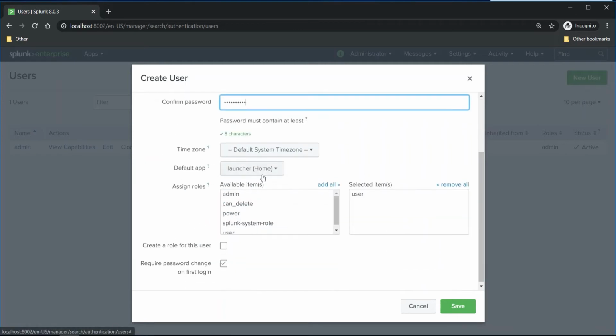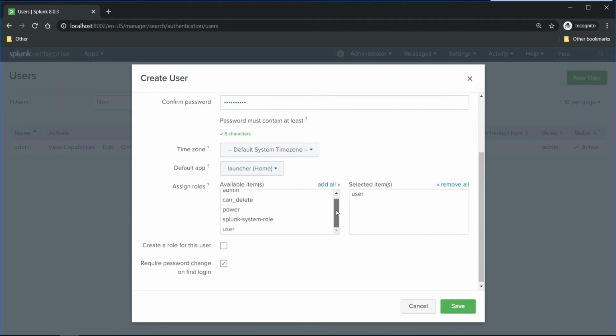and also you can choose the default app which you can assign for this user, which will be opened when this user logs into Splunk. If you see here, there are different default roles which are already provided by Splunk, and for this user, the user role is selected by default. We are going to talk about these roles and capabilities in our upcoming video in more detail.